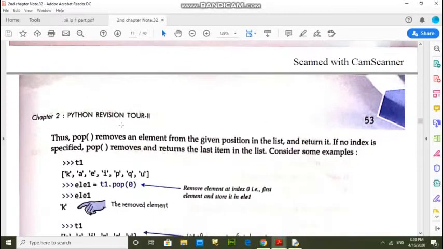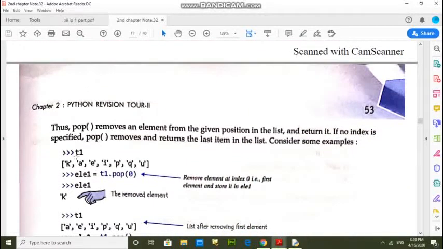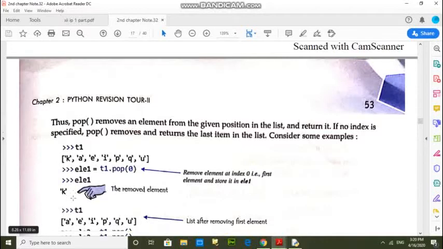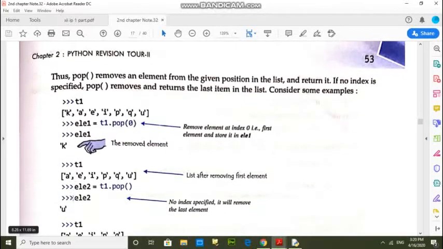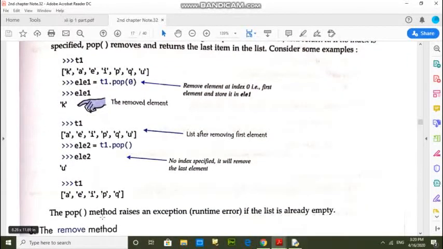For example, this is the T1 list, and element1 equals T1.pop(0). At position 0 the value will be removed and stored in element1, and when you find its content, K will be printed. And here I am not giving any index value, that's why the last value will be removed.